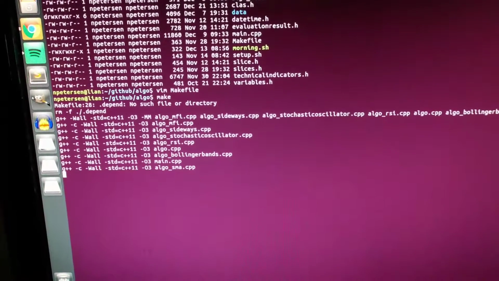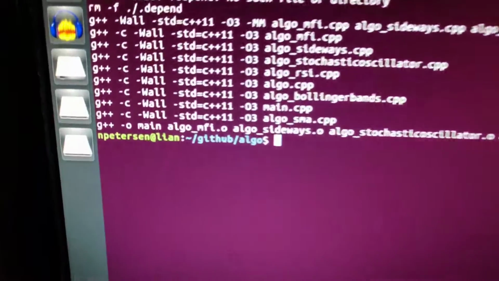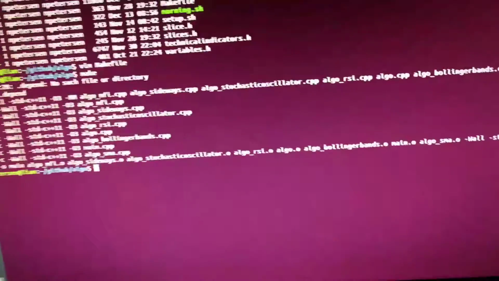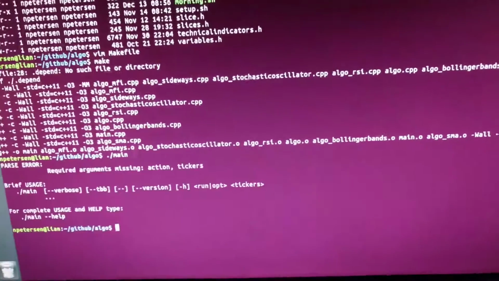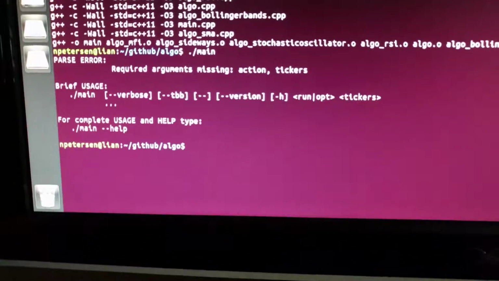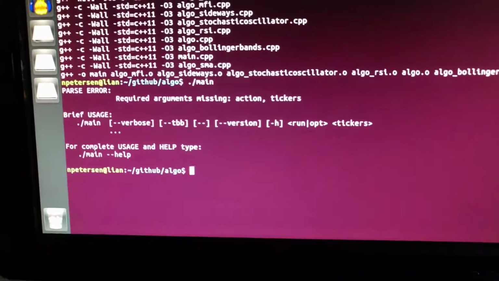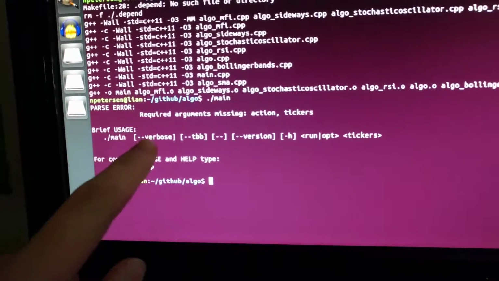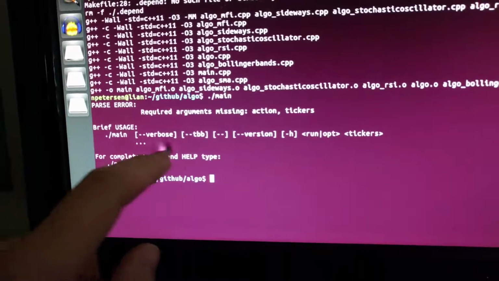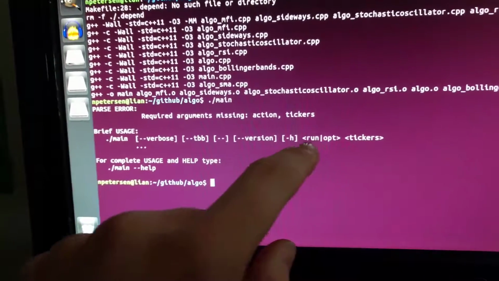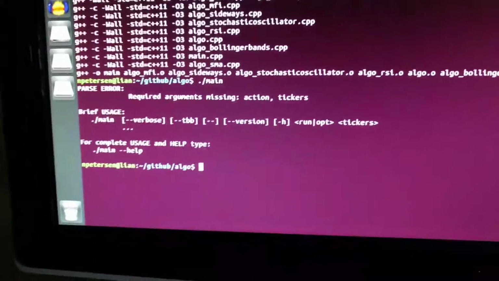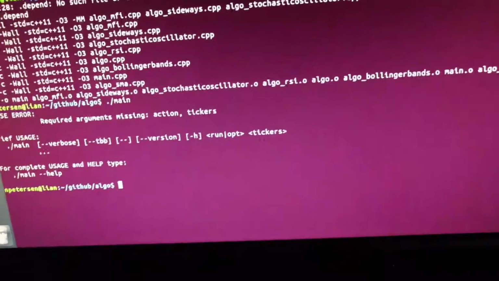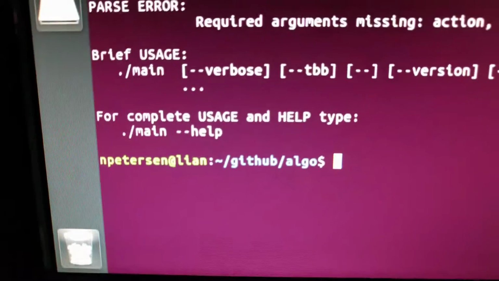So after a little bit of time, we have our executable, and it's called main. So if we just run main, it says it expects some parameters to be in the program call. So it says run the program, then have some optional options, and then an action to do, and then the tickers to perform the action on. So for example, if we were to run main help,